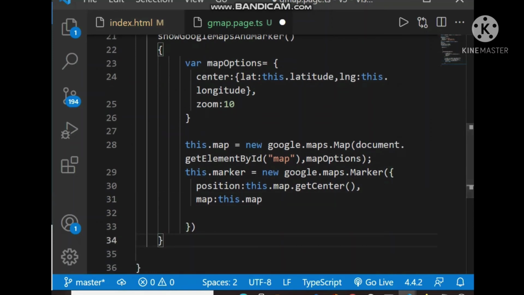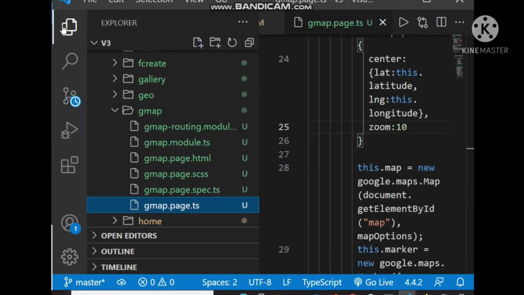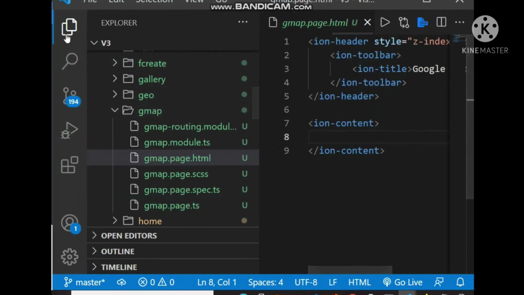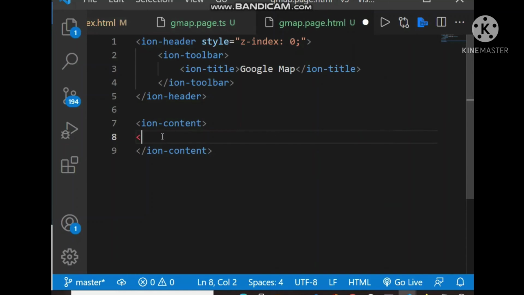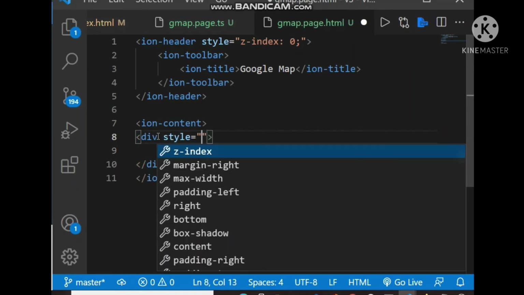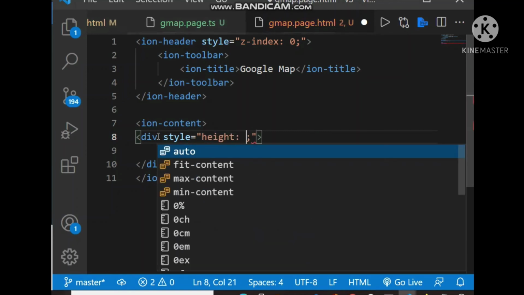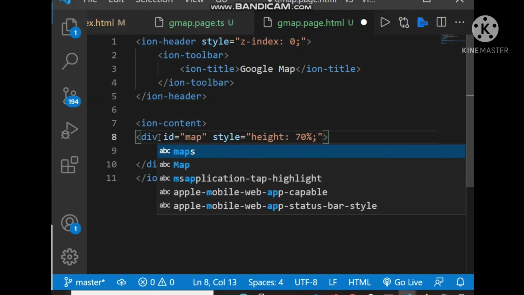So we have to go to the HTML. Let's build the HTML. So the HTML is this div. Let's add a style with some height, let's say 70% of the page, and the ID must be map, as we already declared in the TS.